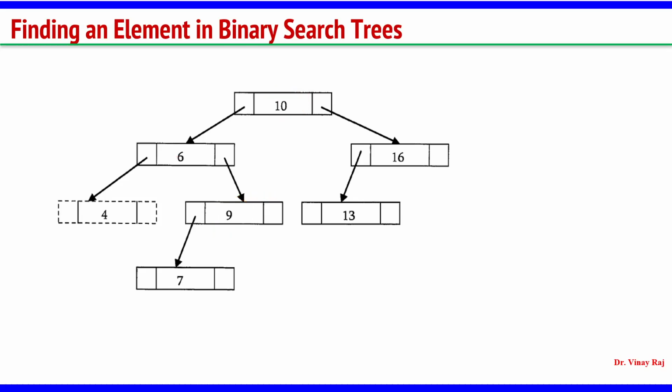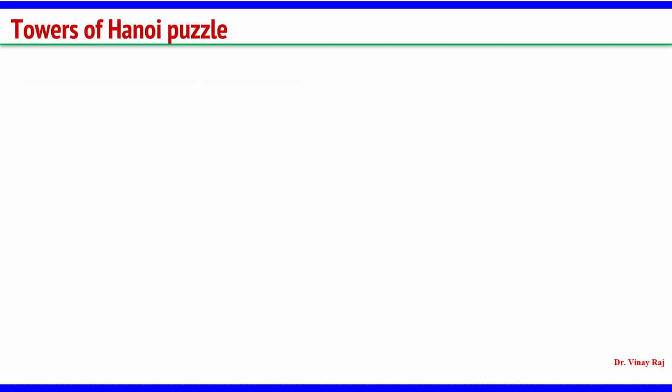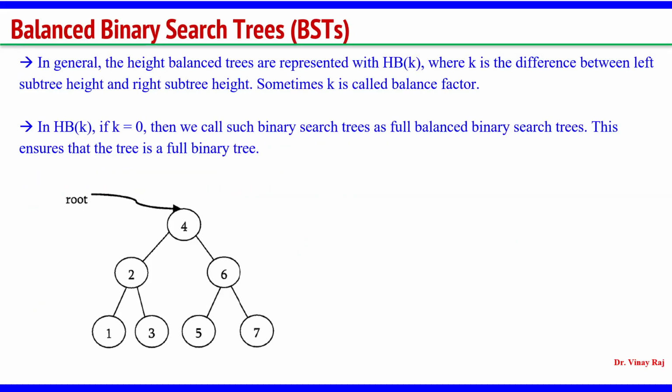You are just comparing whether to go left side or right side, again left side or right side. Somewhere you will stop and find the element. After going that path, if you are not able to find it, you can say element not found. So, I will just skip this recursion. We will go back to